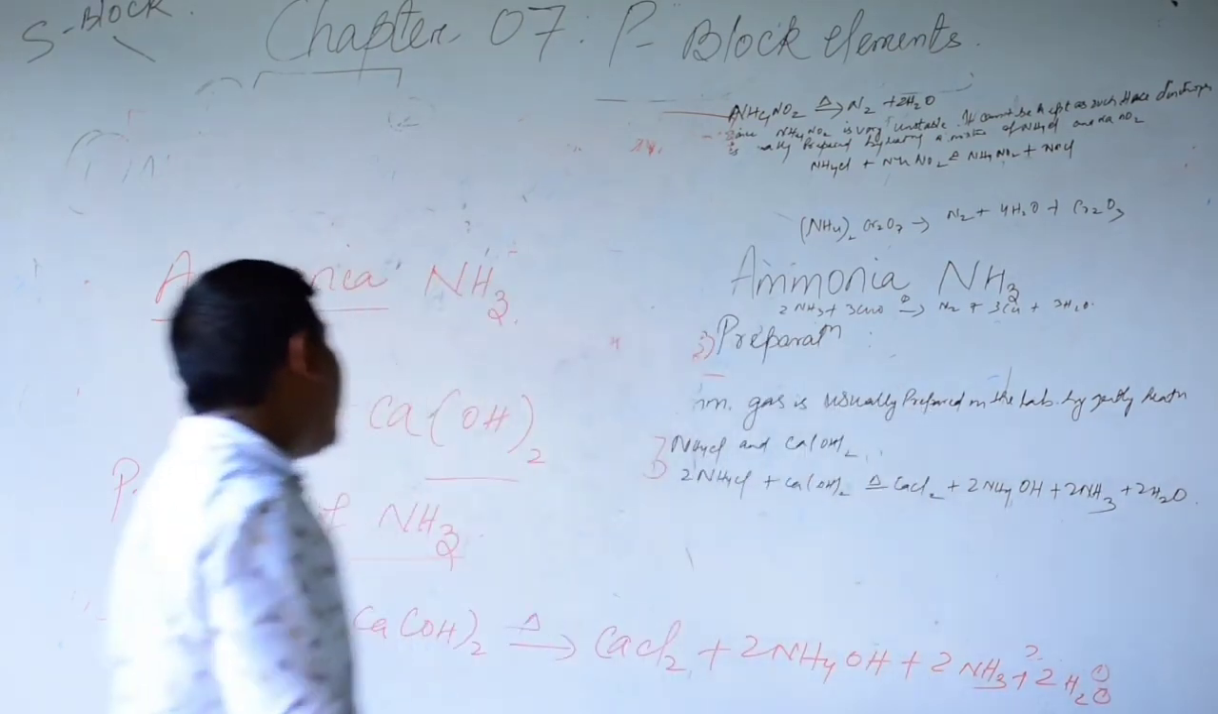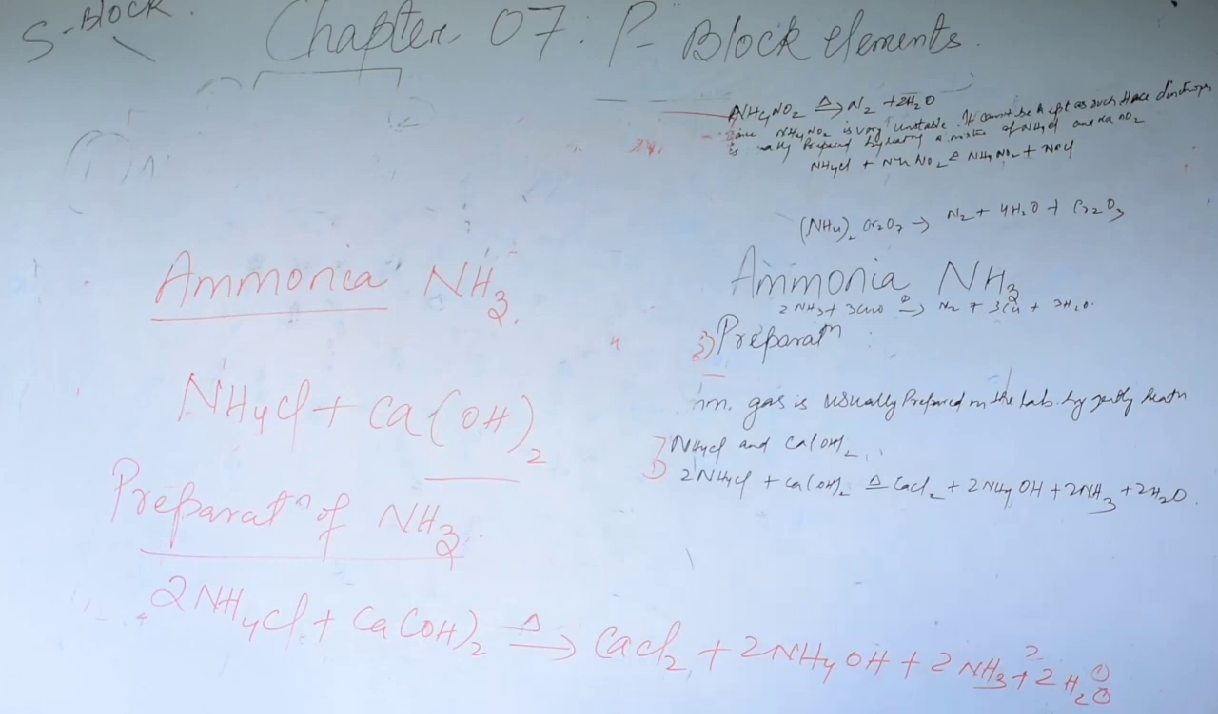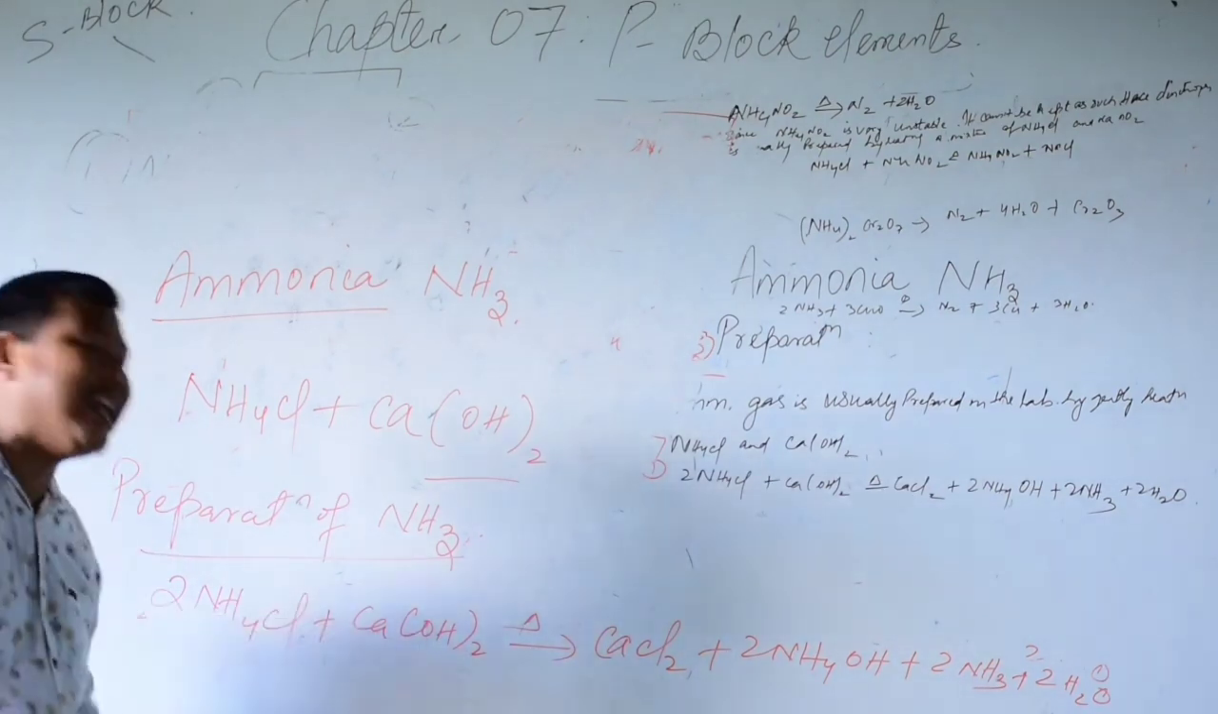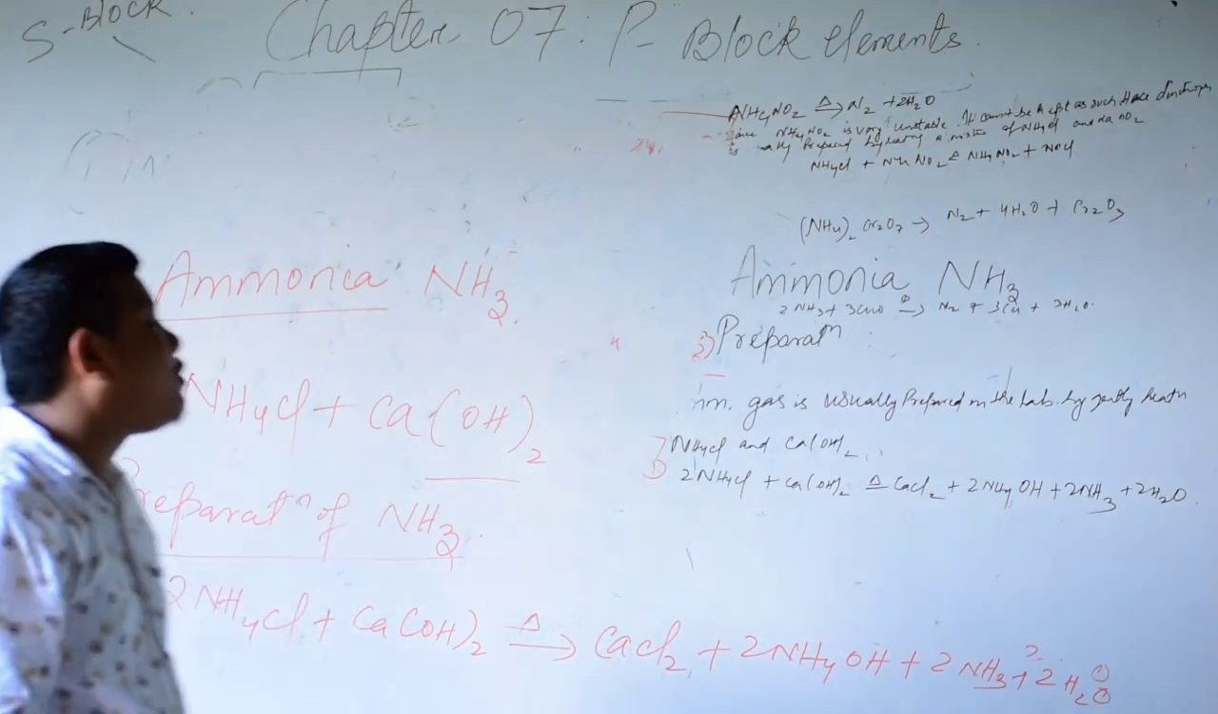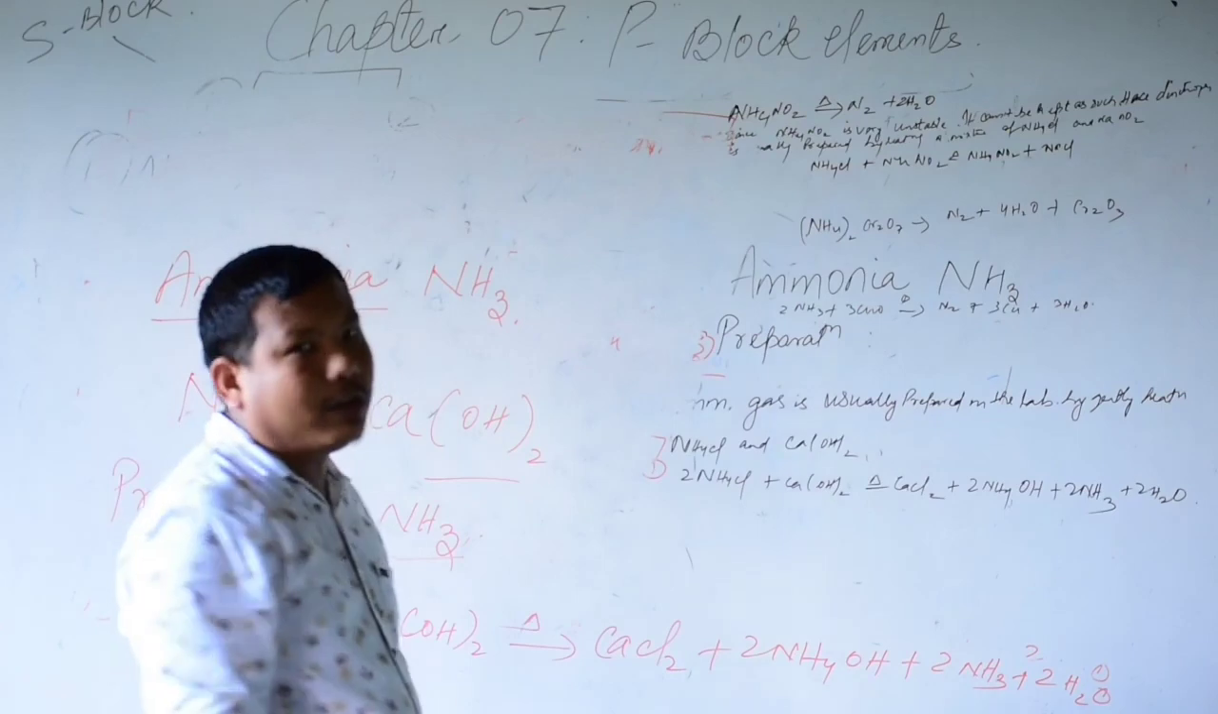So in that way we are getting calcium chloride in the preparation when ammonium chloride reacts with caustic soda. It is calcium hydroxide, calcium chloride, ammonium hydroxide, ammonia and water. That's all for